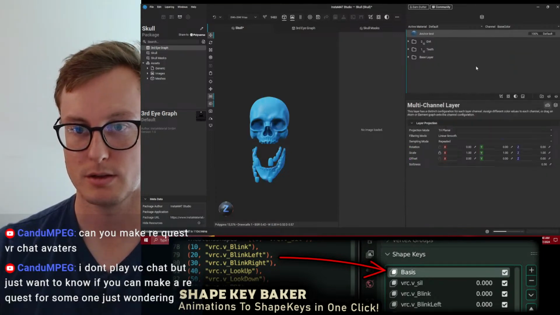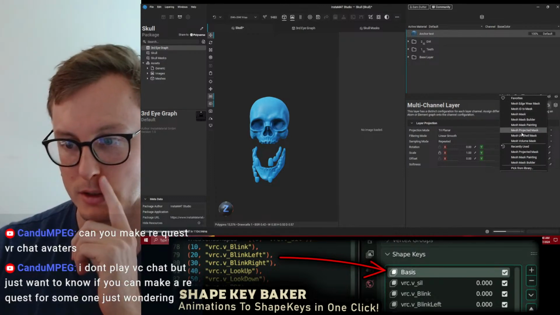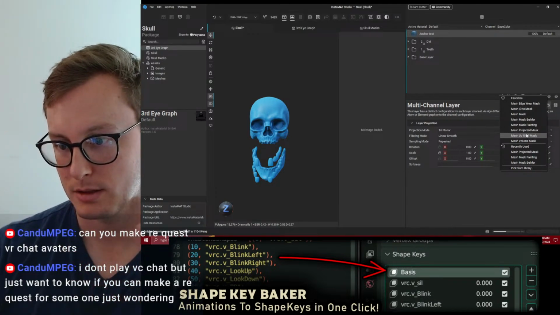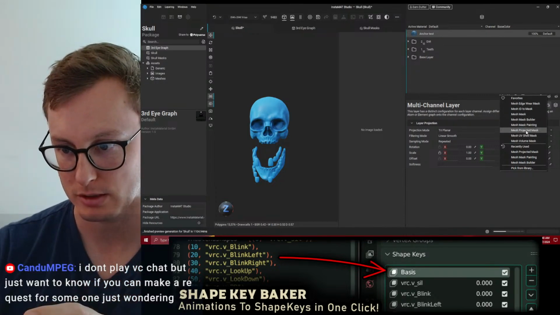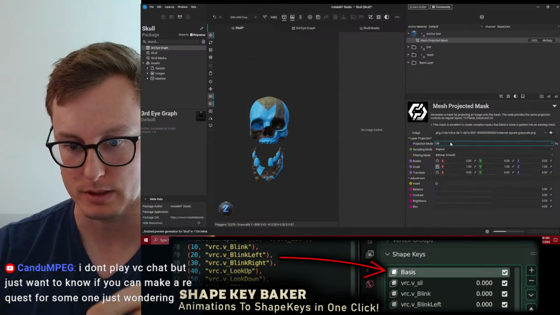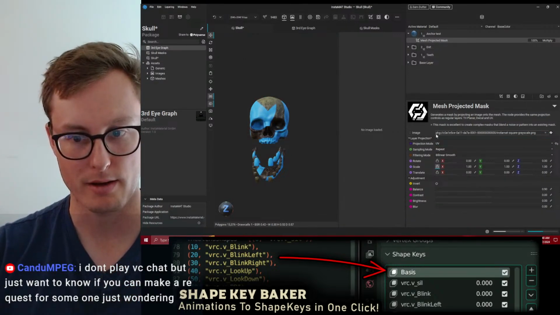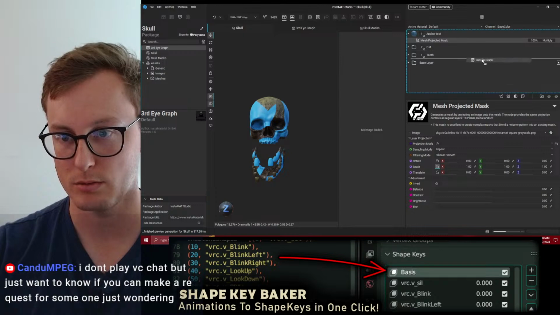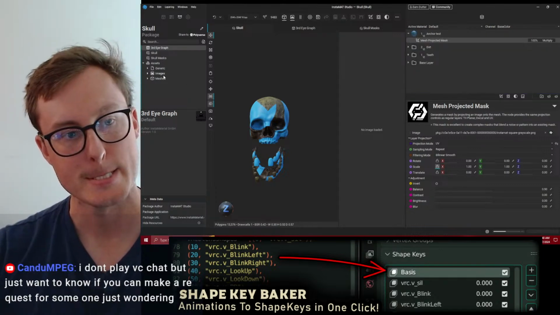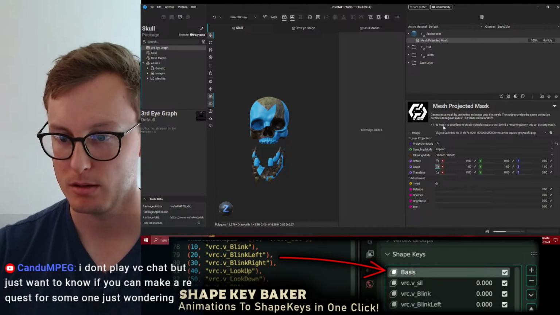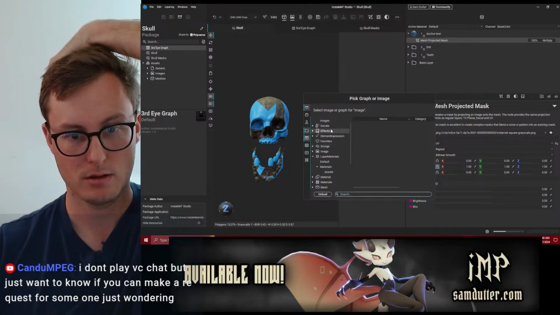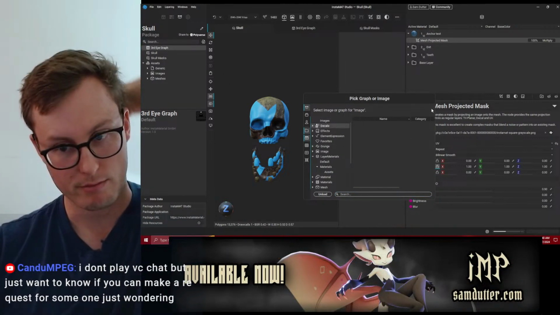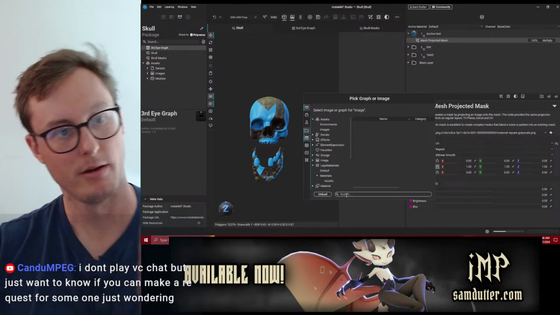Let's delete this. All right, one more. Let's look at our mask really quick. Mesh projected mask. Baby shell volume. Builder. Mesh mask. It has to be the projected one. We're projecting it from the UVs. And I want to reference the graph. Can I drop the graph in here? No, it wants to go here. But I should be able to grab it. Select a graph. It's a graph. I want a graph. Give me the graph.